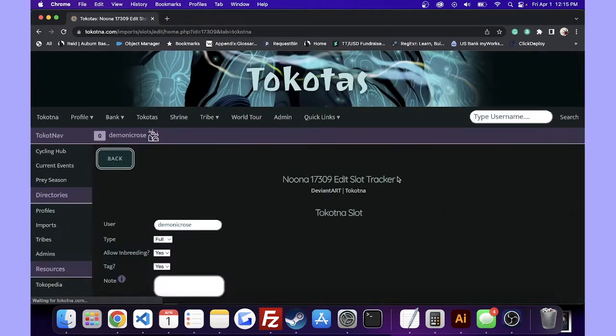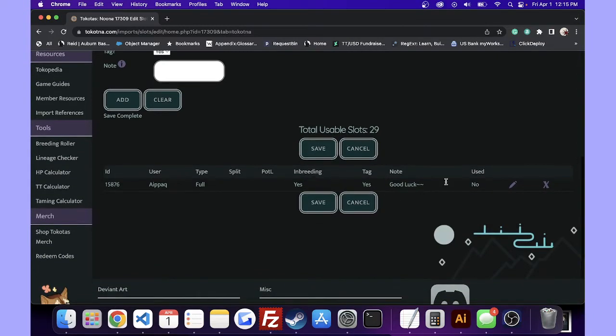And I'm going to go ahead and let that run. Okay, so now this slot is saved. You'll notice that the edit and the close are still here. Now, this is a little special because